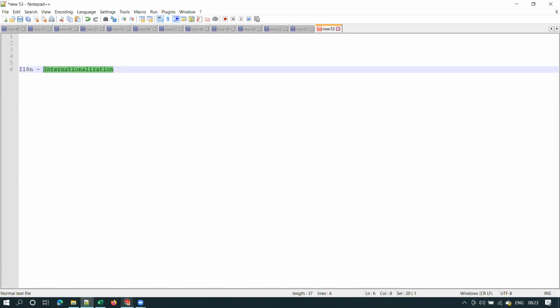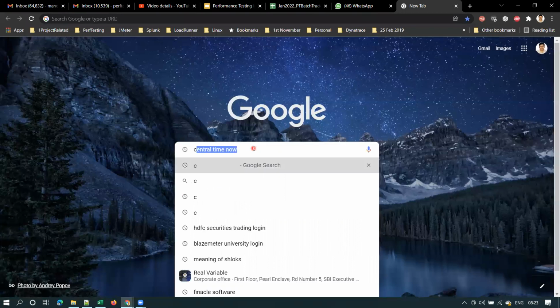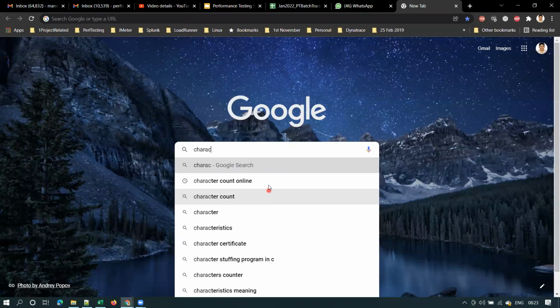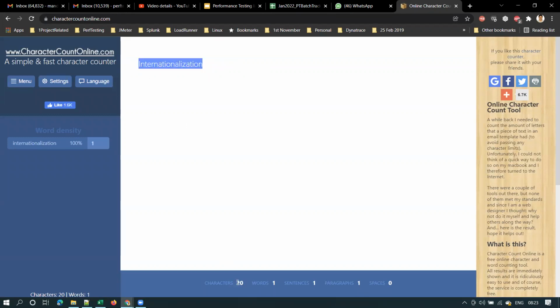So see here, how many characters are there in this word? You can see it here: 20 characters, one word. So basically this website counts the number of characters. If you type some word or sentence here, it will show you how many characters are there, how many words, how many sentences.